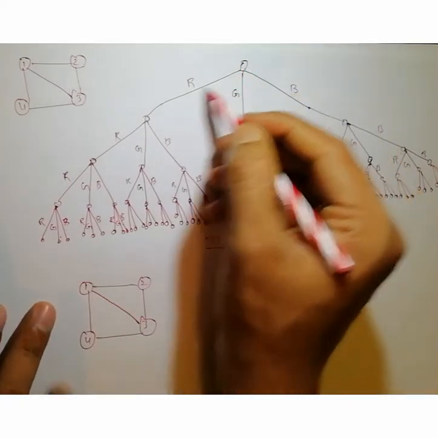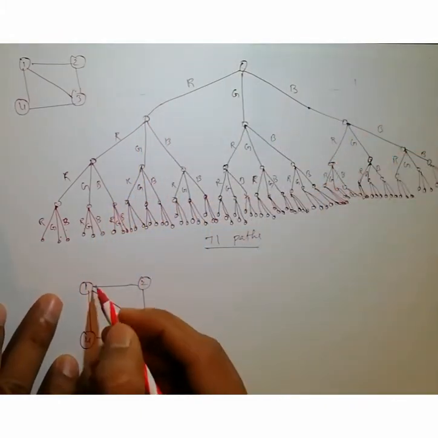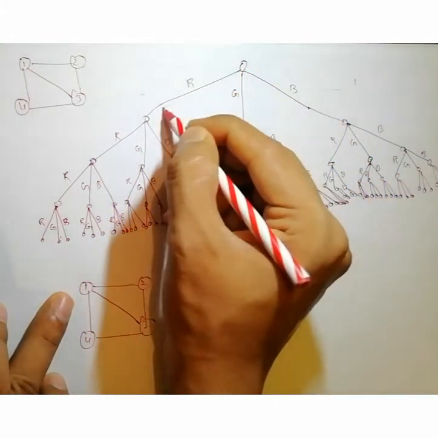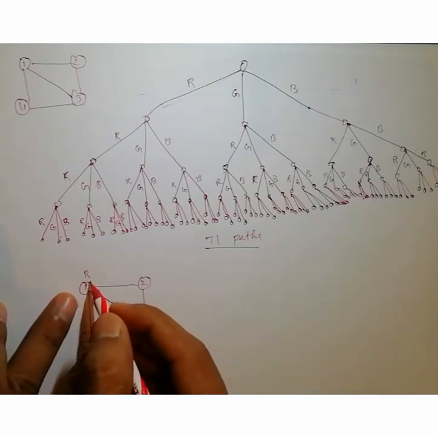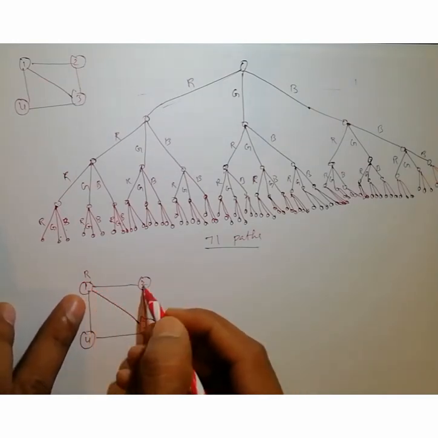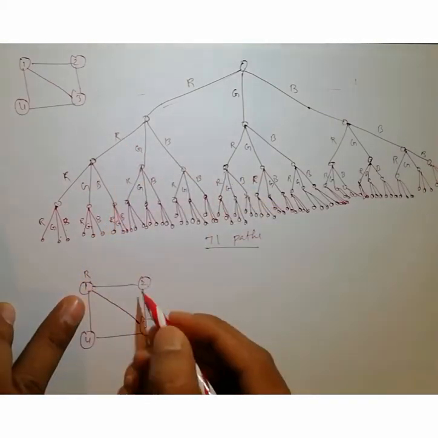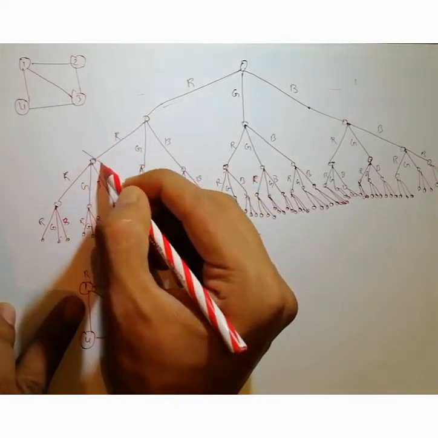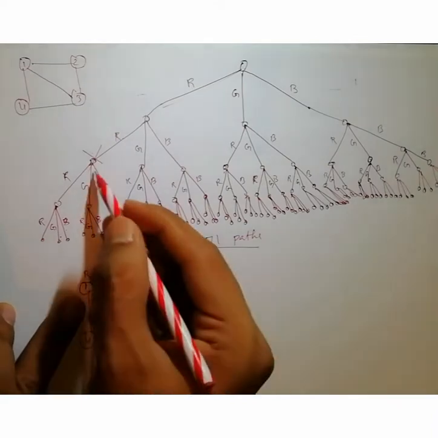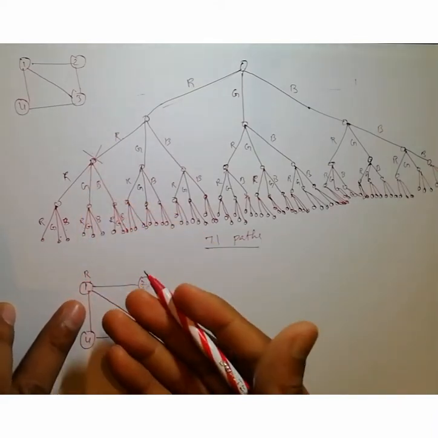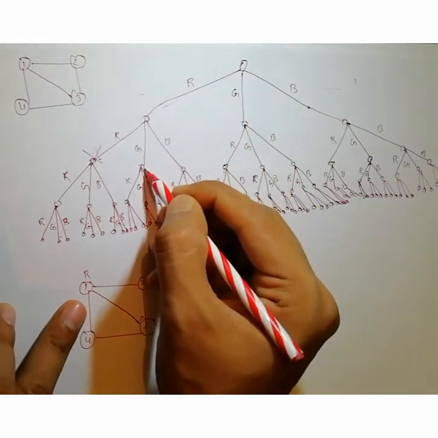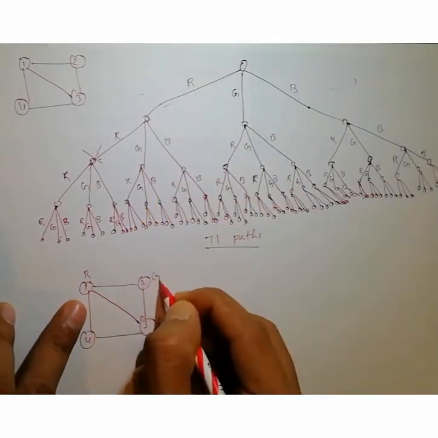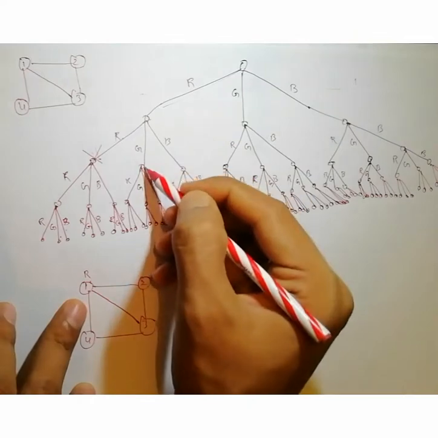So this full level is for vertex 1, right? First I will take R. If I give the first vertex red color, can I give the second vertex red color again? No, I can't. So I can eliminate this, I can kill this by using the bounding condition we discussed in the last class. Again backtrack, can I give the second vertex green color? Yes, I can give.